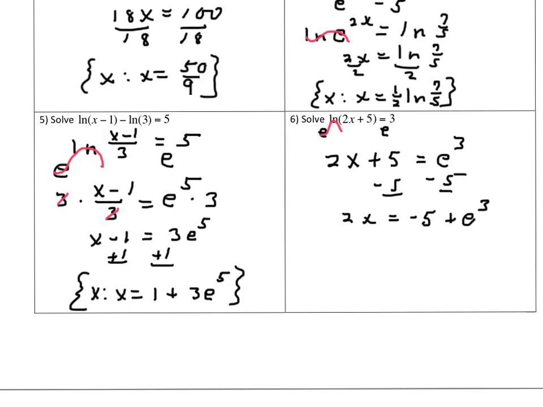I like to put the constant first in this case. You could have had e cubed minus 5. Either way is fine. Then I'm going to divide by 2. So my final answer is going to be x equals negative 5 plus e cubed